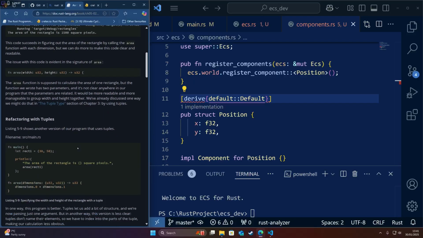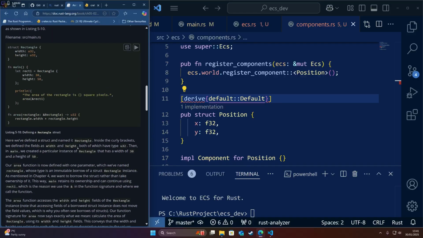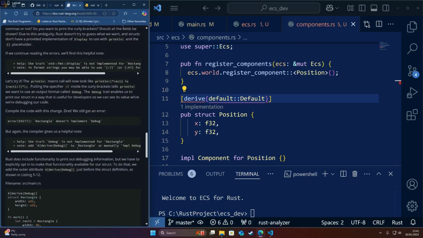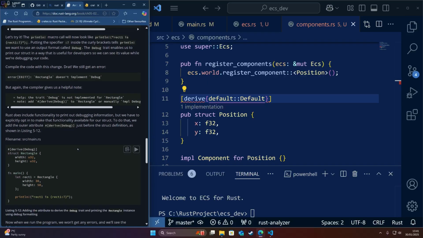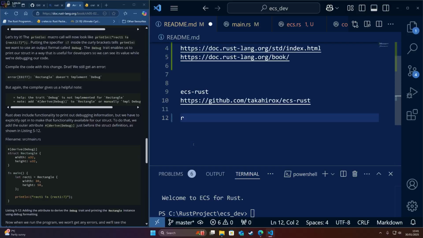Using structs, okay. So we've got a rectangle. Yeah. It's good, isn't it? Rust up doc opens the docs. Oh, cool. So that was... If I remember, it's... Wait a minute,